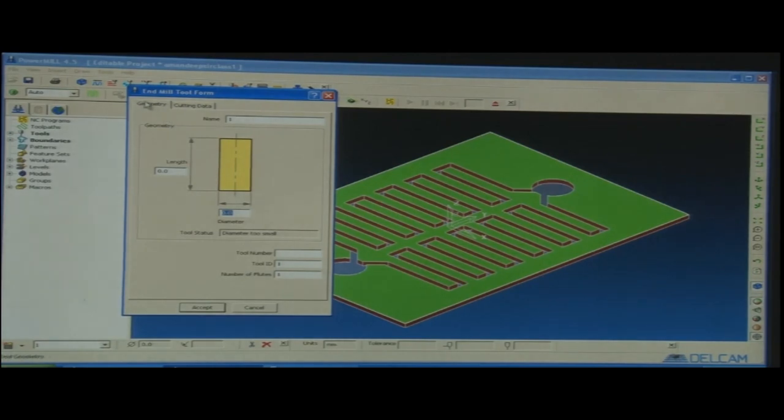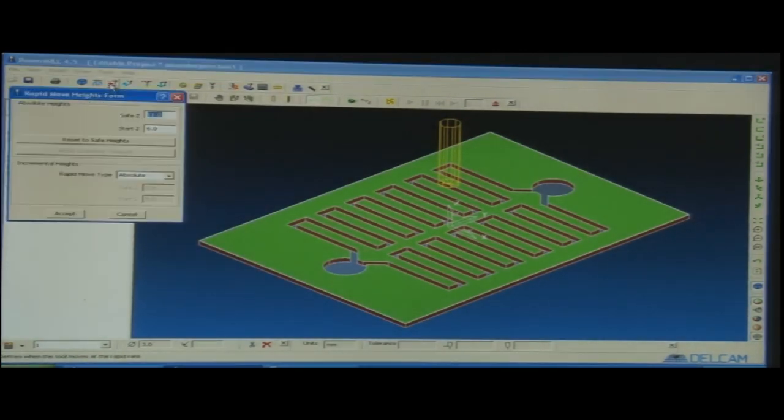When I click end mill, a few things are important to mention here. The diameter of the tool, the diameter is 3 mm. If I pick diameter 3, by default it picks the length as 15 mm. It shows that the minimum length required is 15 mm if you pick a 3 mm diameter to be held in the tooling center. So, we will hold the tool in the collet here. Tool number is just the name of the tool. We can name it like 3A, 3B, and so on. I will just put tool number 3. I can even put the name of the company or the job number or the job name. We can put any name in that, okay, tool number 3.